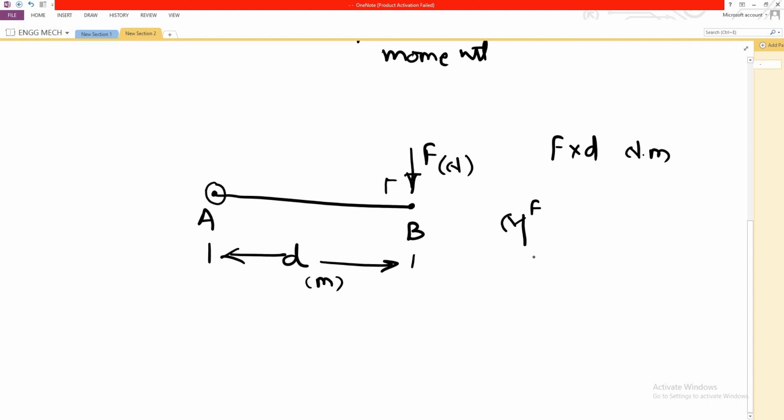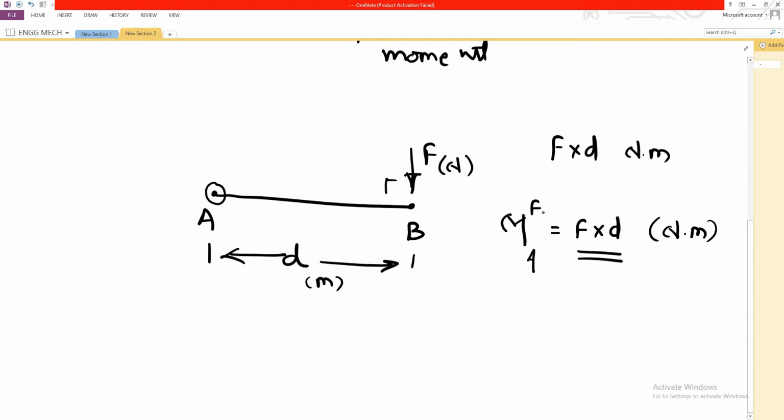That's why here in our example the reference point is A. That's why we are writing in suffix A, moment of force with respect to point A is equal to how much? It is going to be F into D, and in bracket we will write down the units. Now what should be the sign convention? Here we understood that we are going to write the moment as capital M.